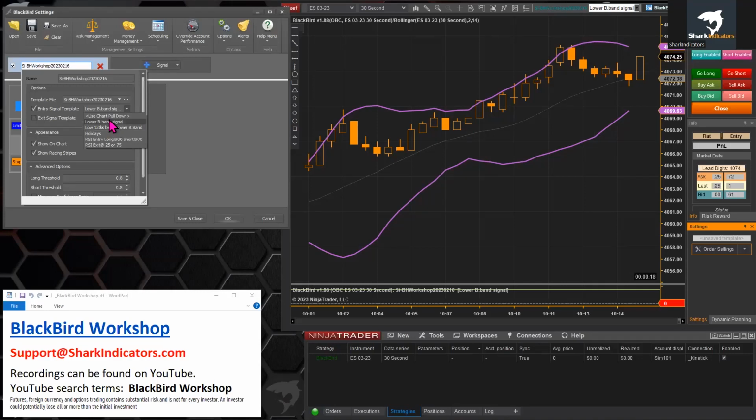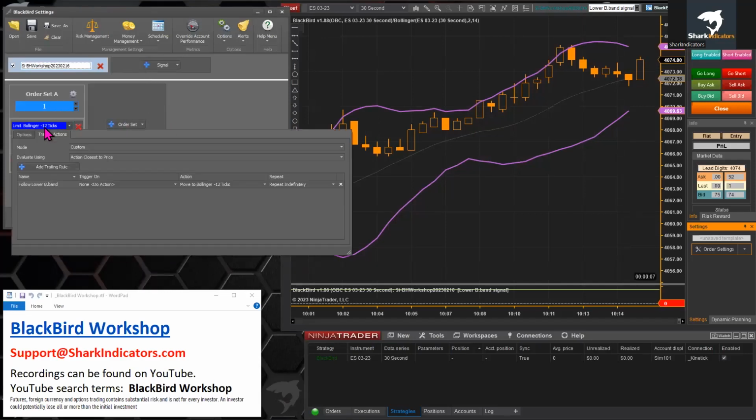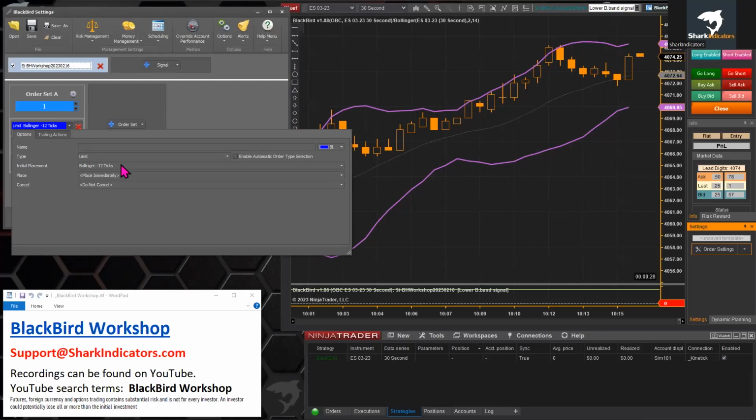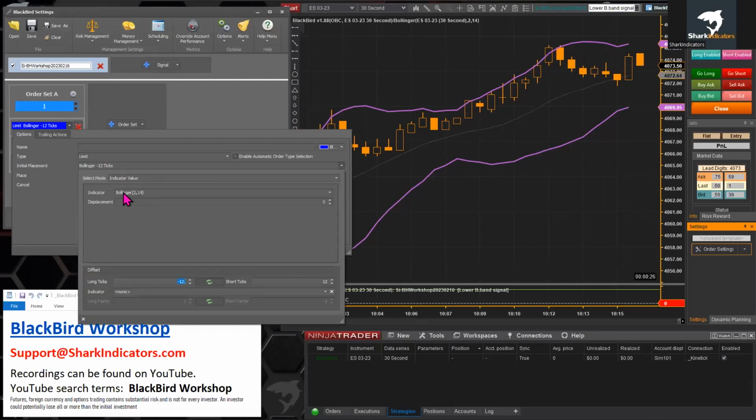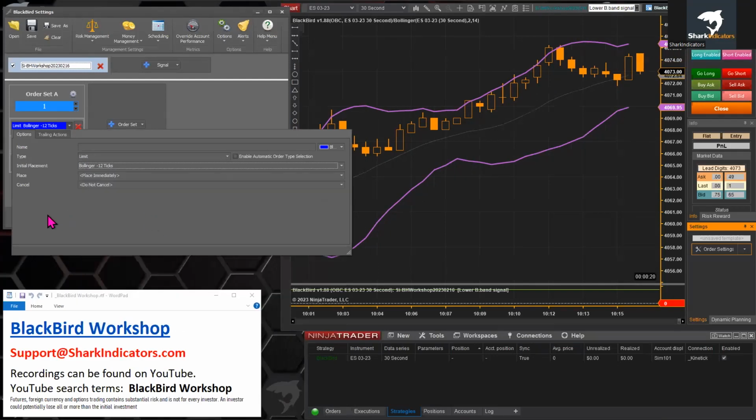But getting back to the review here. We loaded in our BloodHound file, selected the logic template with the trade signals, and then we set up our entry order, which is a limit entry order. Let's go to the options tab here. So it's a limit entry, and it's being placed on the Bollinger lower band, minus 12 ticks. And then just in case this entry order doesn't get filled on the bar that actually touches the band,